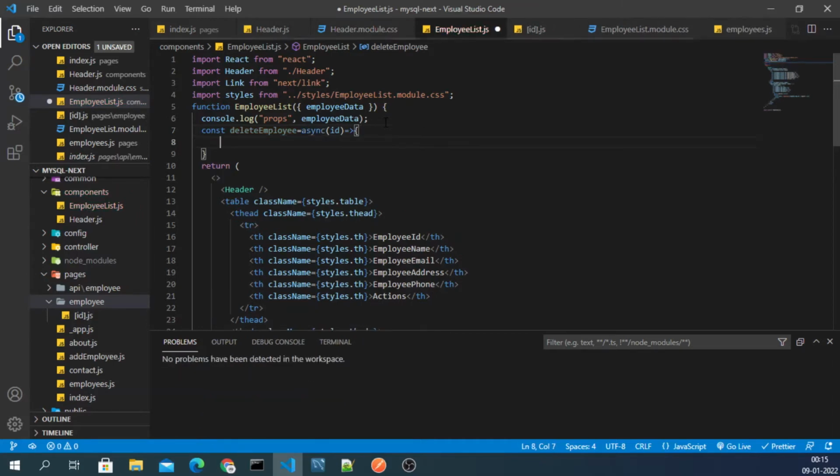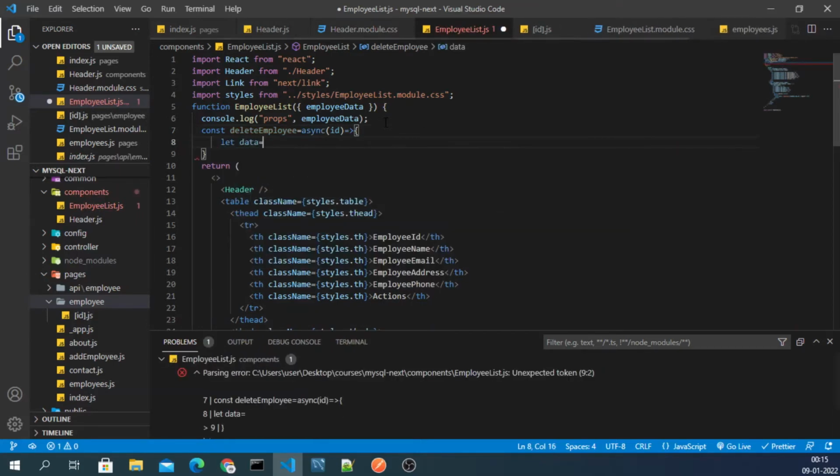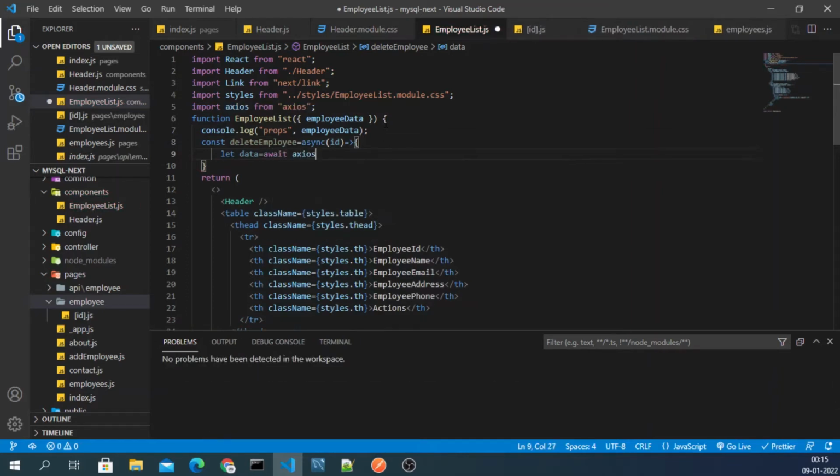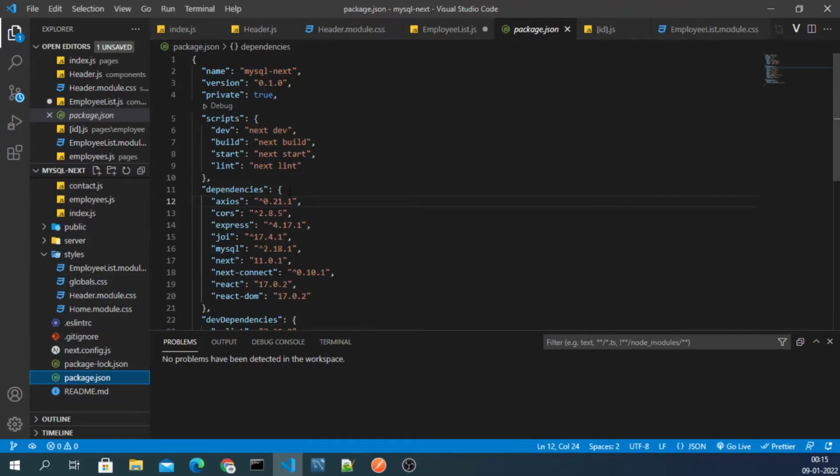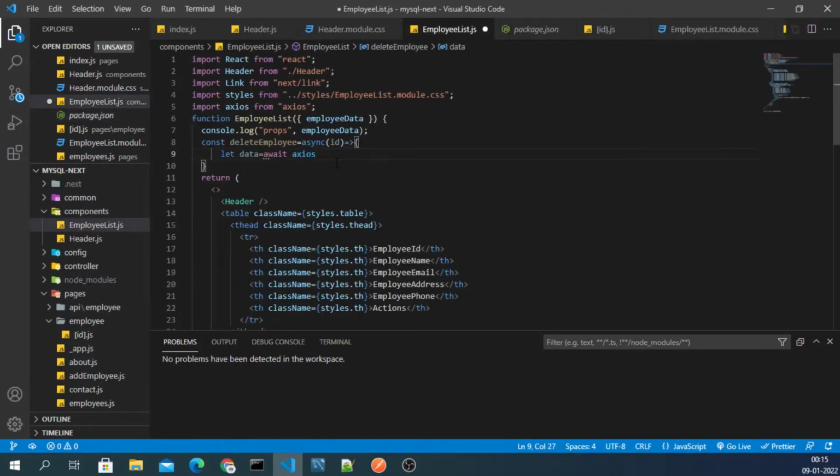Then let data equal await axios. Let me see if we have axios in our project. Yes, we do have axios, so we will not have any problem. Axios dot delete,